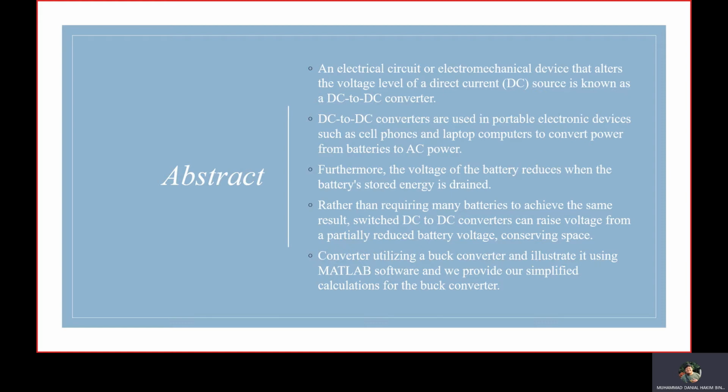DC to DC converters are used in portable electronic devices such as cell phones and laptop computers to convert power from batteries to AC power. Furthermore, the voltage of the battery reduces when the battery stored energy is drained. Rather than requiring many batteries to achieve the same result,